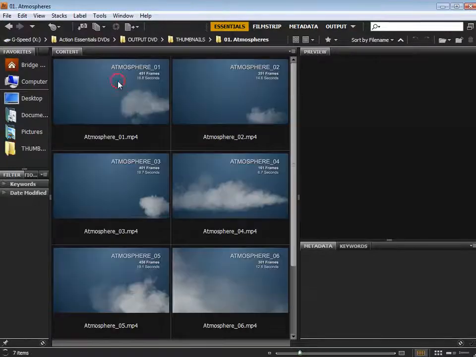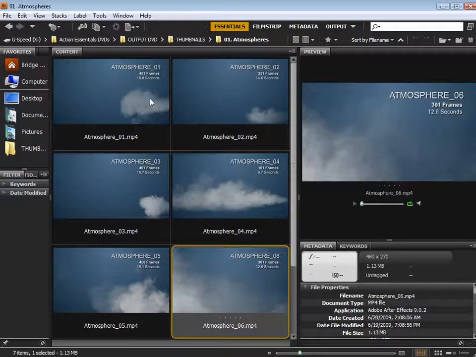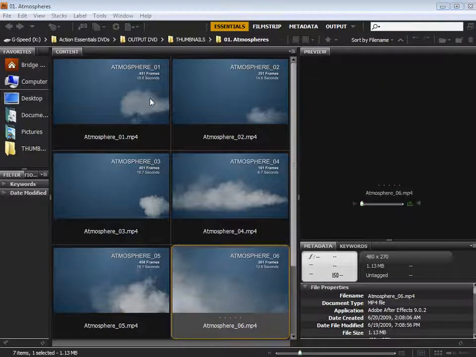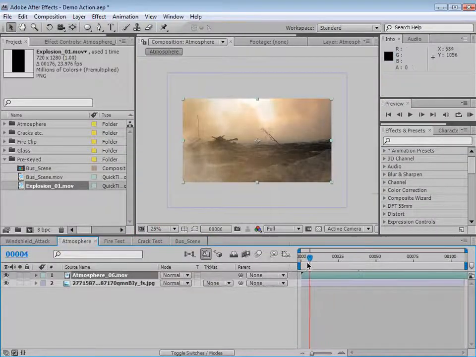Now, atmospheres. These elements, they look pretty simple, but I got to tell you, these are very, very cool elements. And I've set up a quick comp to show you what you can do. It could be smoke coming out of a truck. It could be atmosphere. I've set it up in an example where I'm going to show you, here we have